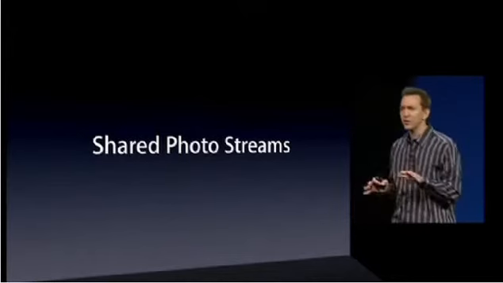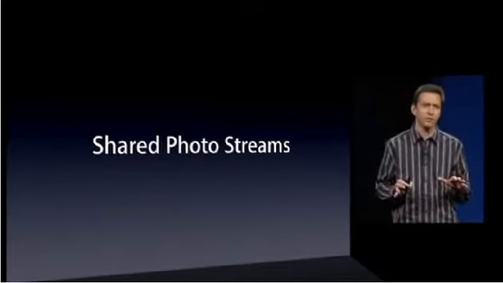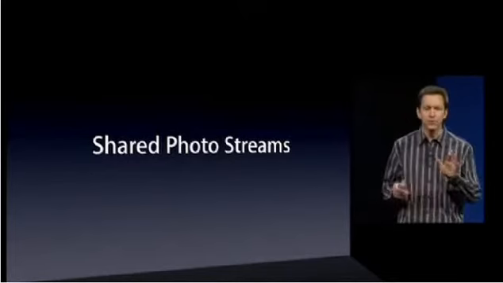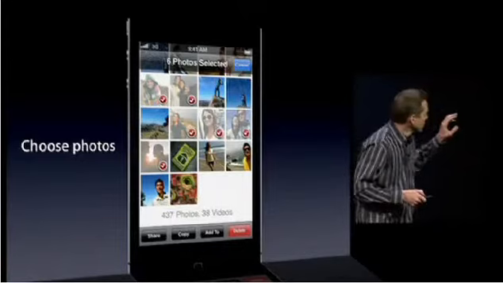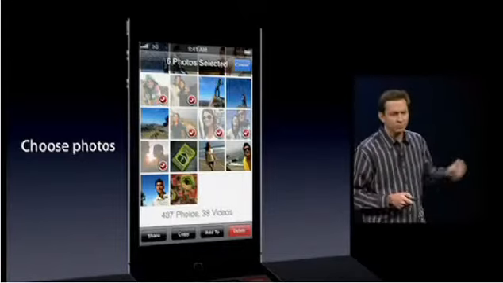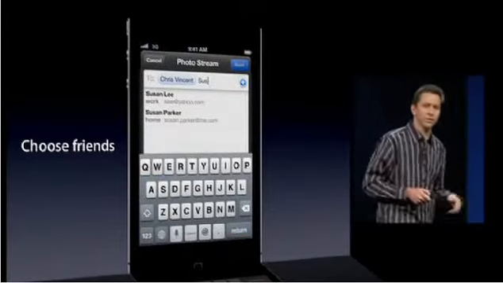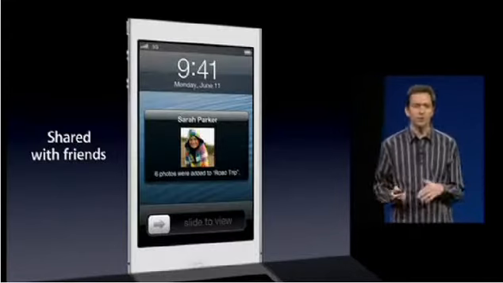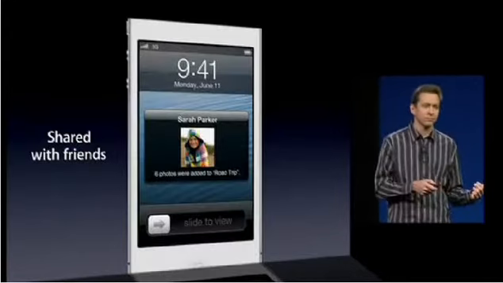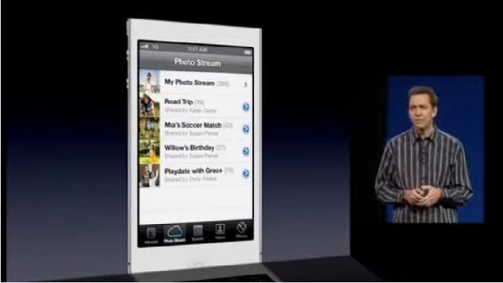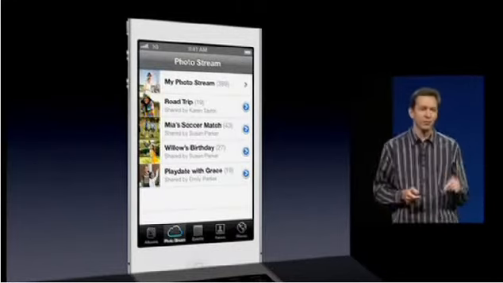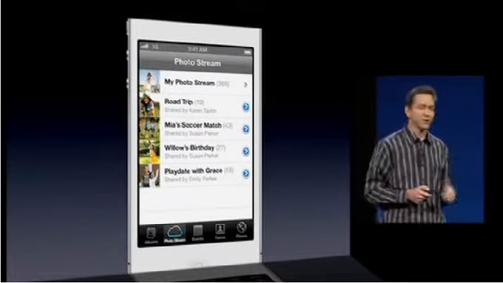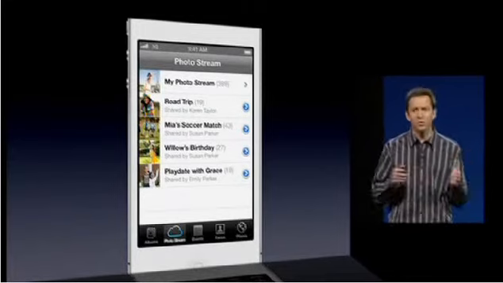Now, shared photo streams is a really easy way for you to share photos with your friends. It's really simple. Just choose the photos you'd like to share, choose the friends with whom you'd like to share them, and that's it, you're done. Your friends will receive a push notification with those photos. The photos will appear in an album right in the Photos app,